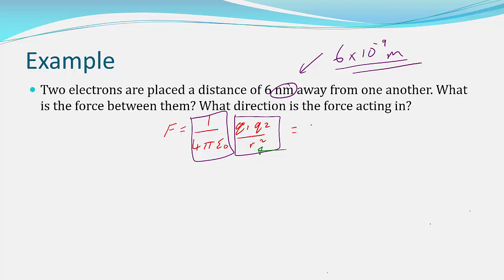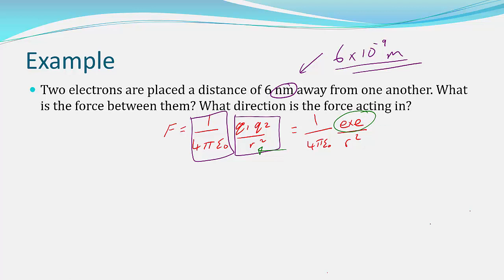So you can rewrite this as 1 over 4 pi epsilon naught, and you'd have e times e over r squared. So it's important that I just point something out here. Whenever we have questions like this in tests and exams, students often get this particular part wrong. Instead of writing e times e, which would resolve to e squared, what they do write is